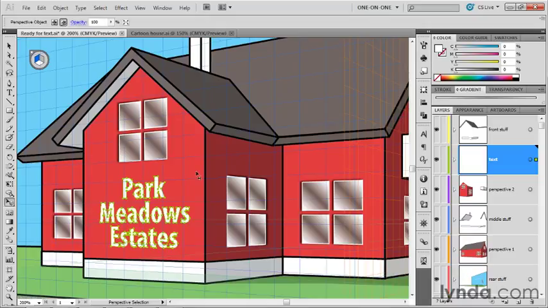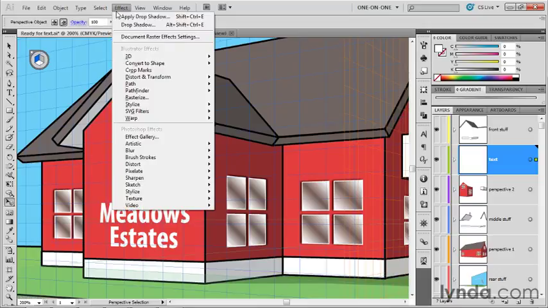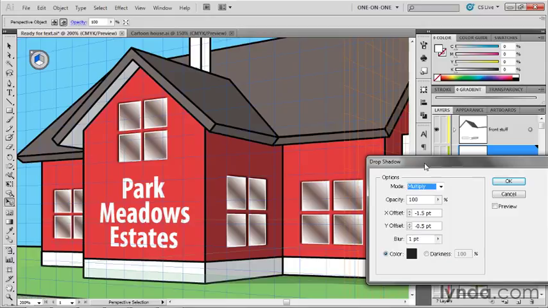All right, you know what we need? We need a drop shadow. So I'm going to press Control-H, Command-H on the Mac, to hide the selection edges for a moment. And then I'll go up to the Effect menu. And I could just choose the Drop Shadow command because that's the last effect I applied. Or I can mash my fist and press the E key in order to bring up the Drop Shadow dialog